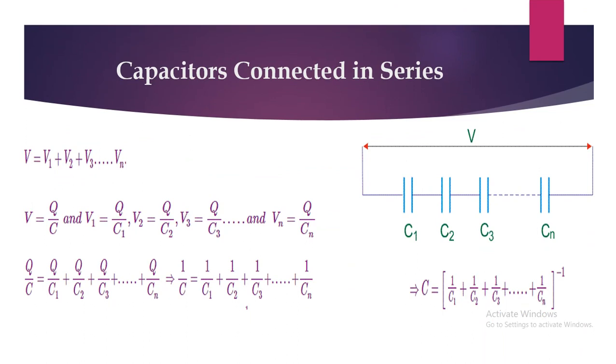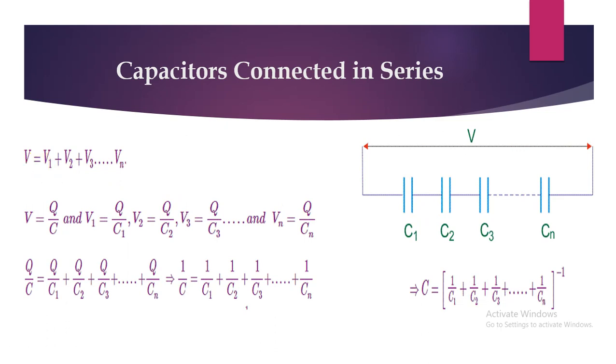As with the inductance and resistance, we can connect the capacitors in two manners. One is series connection, the second one is parallel connection. We'll see the series connection here. In the series connection, we connect all the capacitors like this: C1, C2, C3 and so on to Cn. The calculation for this one is, unlike resistance and inductance, exactly opposite to them. Let us see what happens in series connection. As I said earlier, the voltage drops are different.